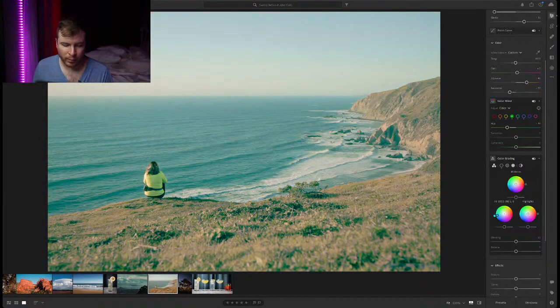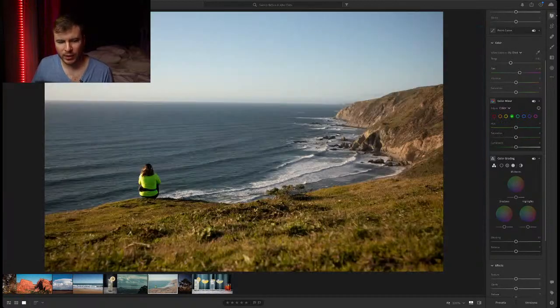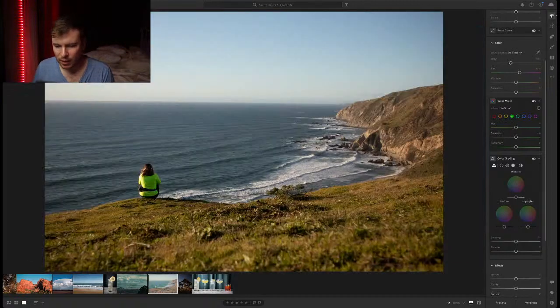If you've been watching since the beginning, the product shot I did with the cocktails, I didn't want to color this in any way. I didn't want to give it a look. I wanted to keep it very neutral since we're really focusing on the colors of the cocktails and the glasses, kind of wanting them to be a true representation. But over here,